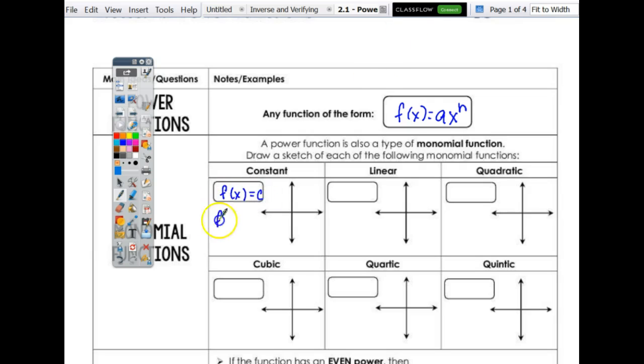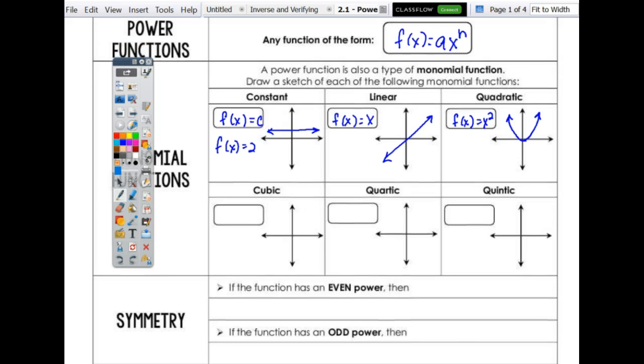So we could have f of x equals 2, 3, and it would look like this. The linear is f of x equals x, and that's a line. The quadratic is f of x equals x squared, and that's the parabola. The cubic